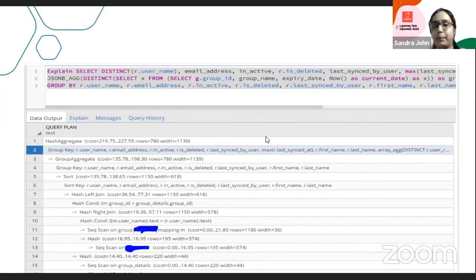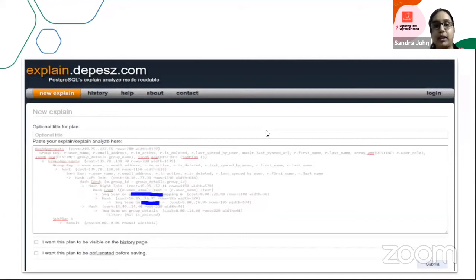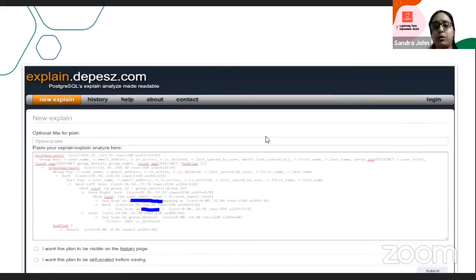This is how a query plan looks. So with the explain query, we were able to extract the query plan and then use this particular site, or there are multiple sites available, which will help you understand and break down the query and how it is working on each level. From the query plan, we were able to see which step in the query was consuming more time, and subsequently, which was consuming more RDS CPU utilization.